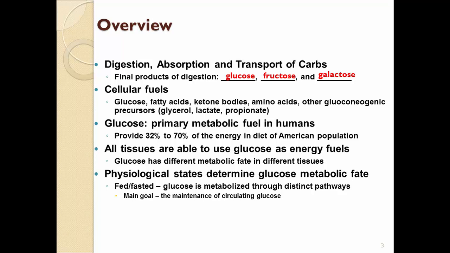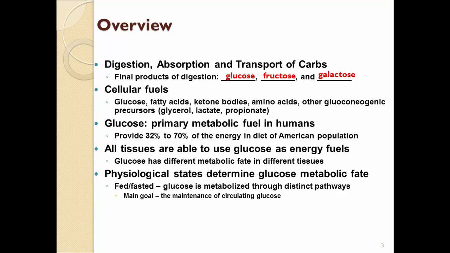But if we go into a little bit more detail at a lower level, the molecules that can eventually be absorbed into the body and into the cells and metabolized in the cells and produce ATPs are glucose, fatty acids, ketone bodies, amino acids, and other gluconeogenic precursors like glycerol, lactate,